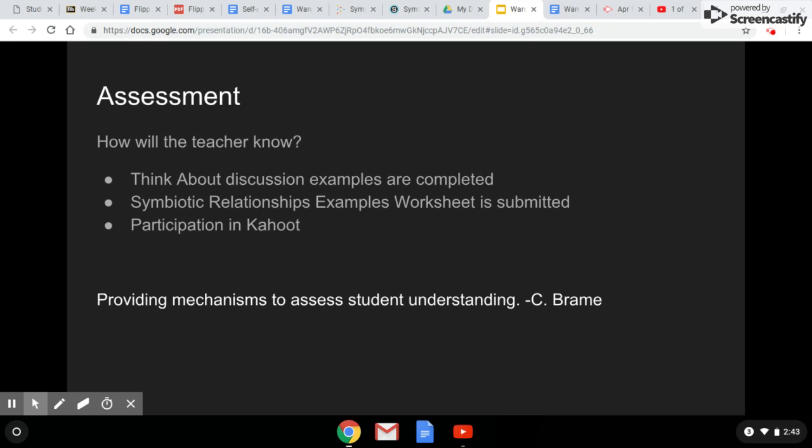So I'll know that a student went through the video, came up with everyday examples because they're participating in the discussions with their peers. Also, the examples worksheet has been submitted onto Schoology, and I can see that before they even get to class. And also, at the beginning of class,